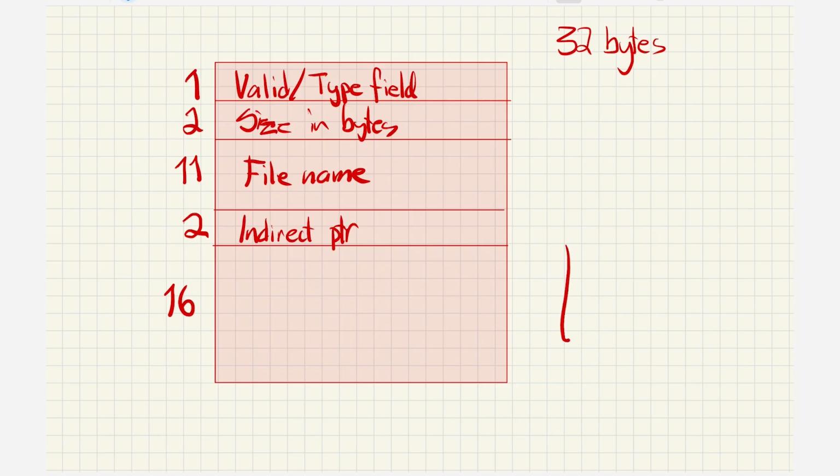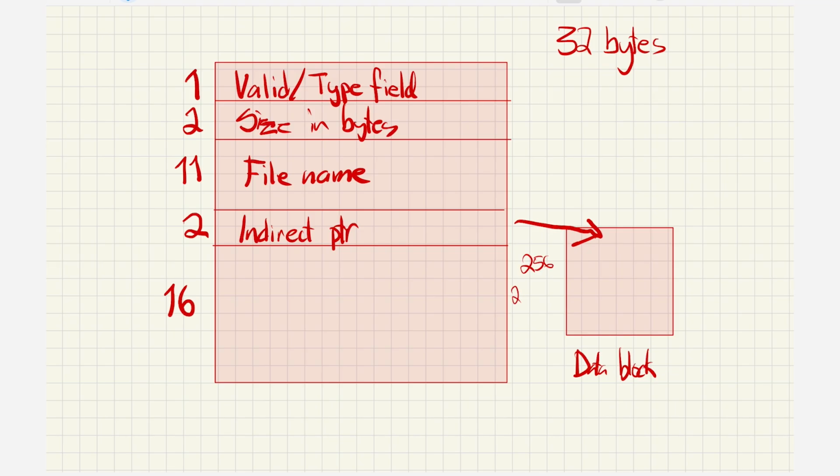So if we were to visualize it like this, this is a data block somewhere on the disk, and this indirect pointer contains the ID of this data block. So when we index into the disk and load a specific block, that index will be used, which is found inside of this indirect pointer field. And this in turn contains